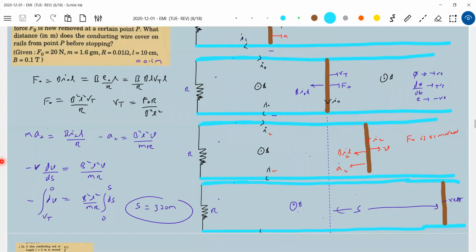So instead of resistor R, I'll connect a bulb of resistance R. Then I'll